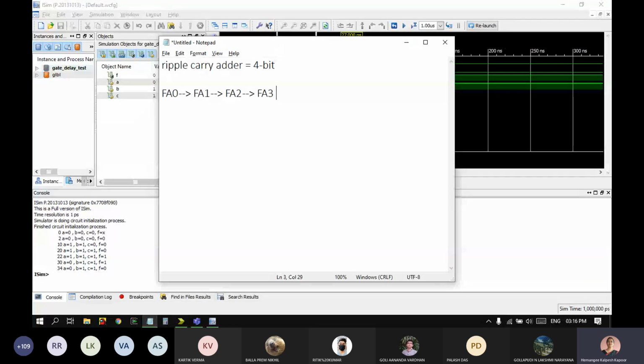The output of this, so one output of FA0, just write it. FA0 gives an output S0, which is the sum 0 bit, and it gives a C0, which is the carry out of the first stage, or C out 0. Okay, this goes in as input to FA1.